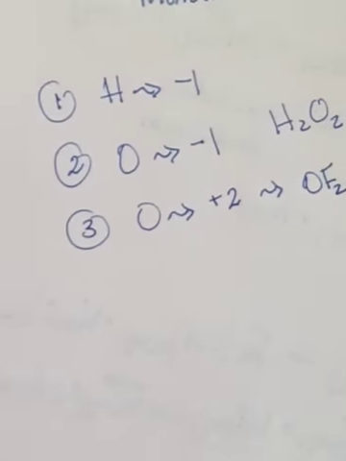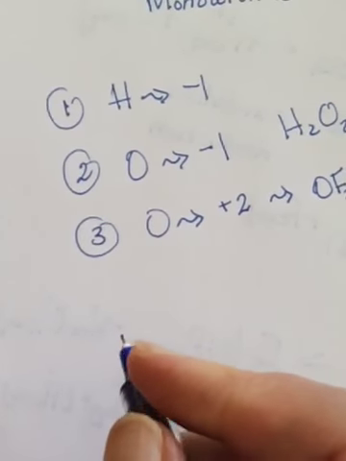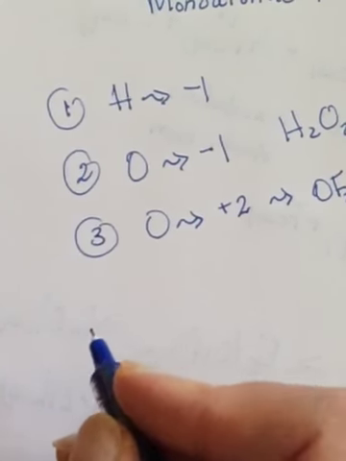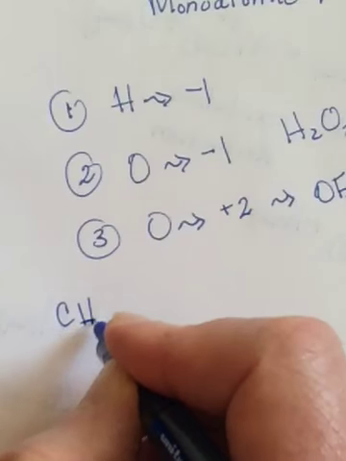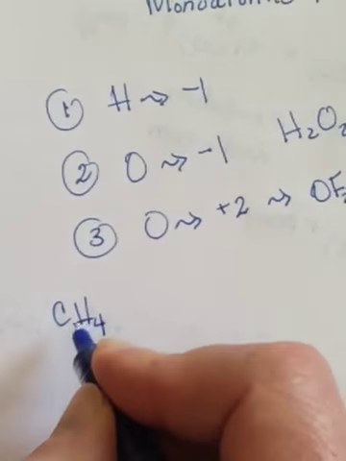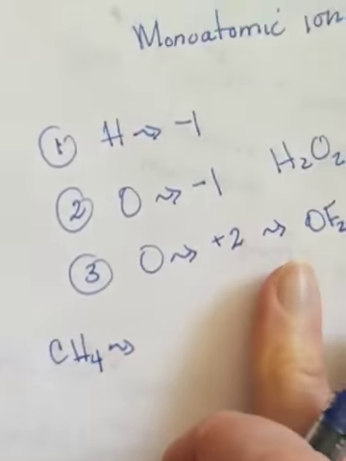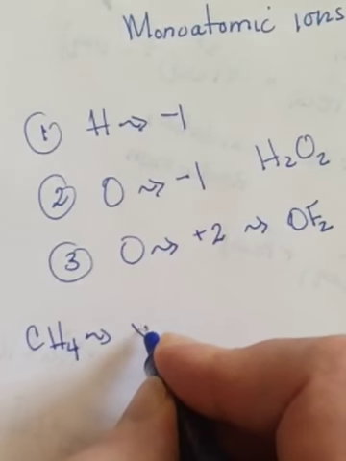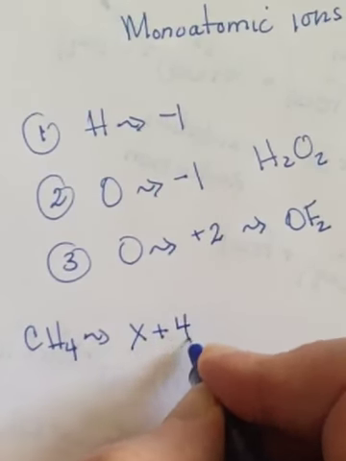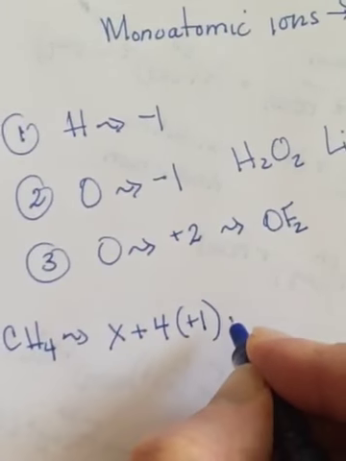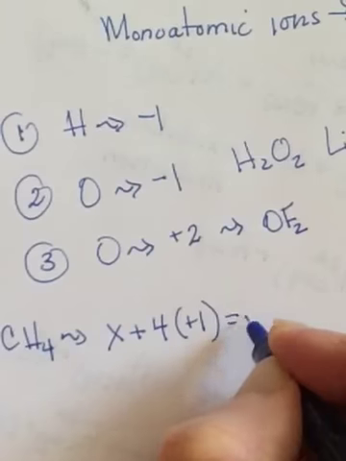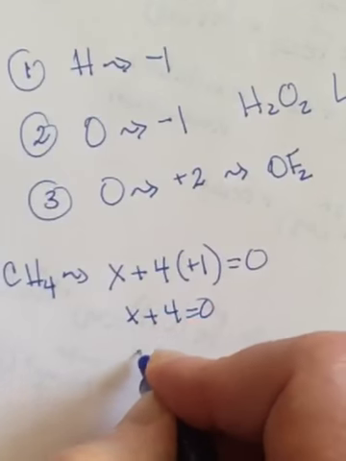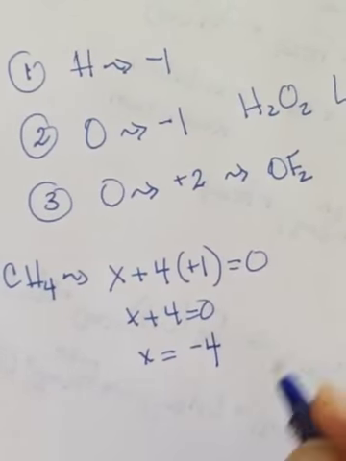So what do you do then to figure out the oxidation numbers? First, you assign the ones you know, and we're going to run out of time here, but if we look at CH4 as an example, and we don't know what C is, we know that H has a lower electronegativity than C, so H is going to be positive 1. So we would say, okay, we don't know what C is, it's X, and there's 4 H's, and H is positive 1. The overall charge on this compound is 0. Now we solve for X. X plus 4 equals 0, so X should equal negative 4. We'll come back and talk a little